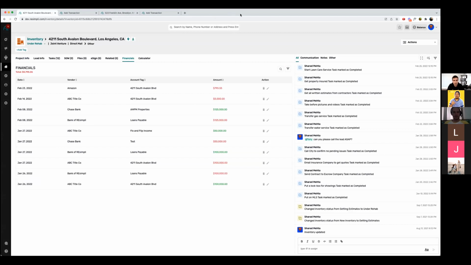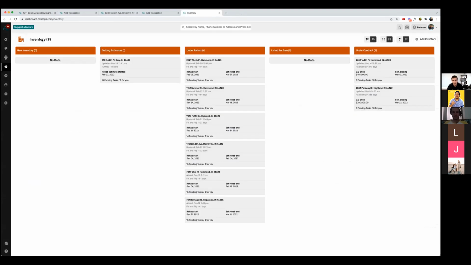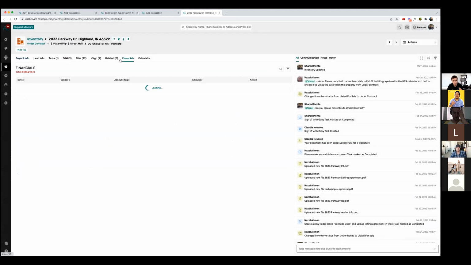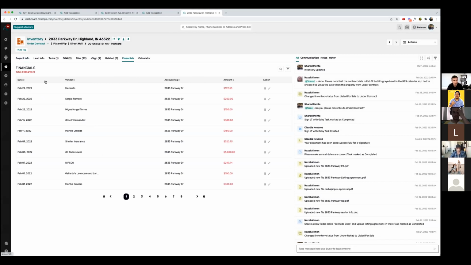I'll give you a live example of how I'm actually running my meetings with my team. Do you guys see these 9 projects in inventory now? Yes? Okay. These are the actual properties that I'm rehabbing right now, and I can go into any one of these, click right here and go into financial. This is my actual expenses that I spent on this property, as of right now,